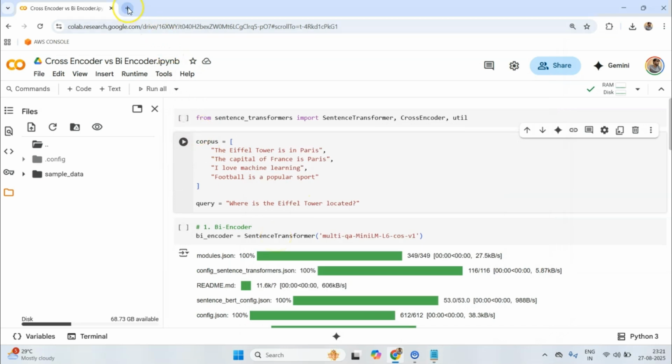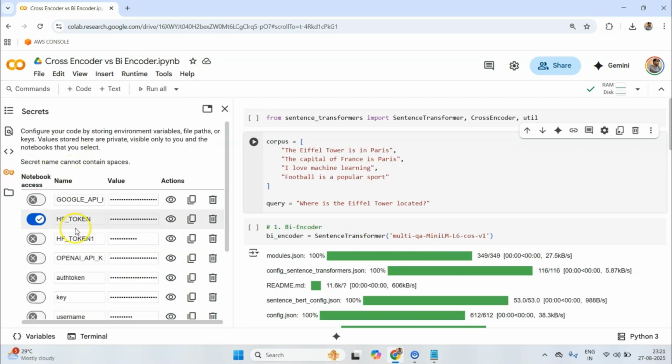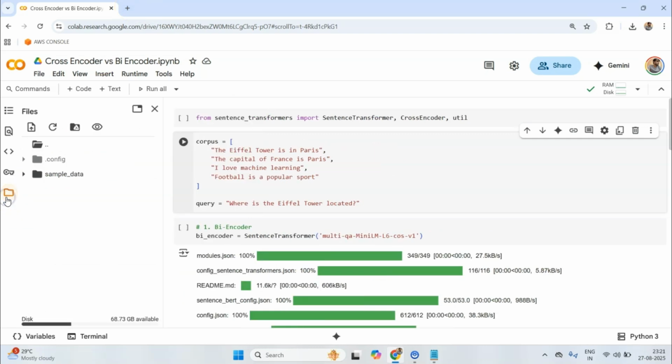Now, if you are following along, or maybe you should not follow along because I have written most of the code, what you could do is get this notebook, download it, and then follow along. But to follow along with this notebook, you will have to get a secret code, which is this HF token, and you have to allow this access to this notebook. And how do you get this token? You can get this token from Hugging Face by visiting the Hugging Face library, which I won't be showing you in this video. I assume that you can get that sorted out.